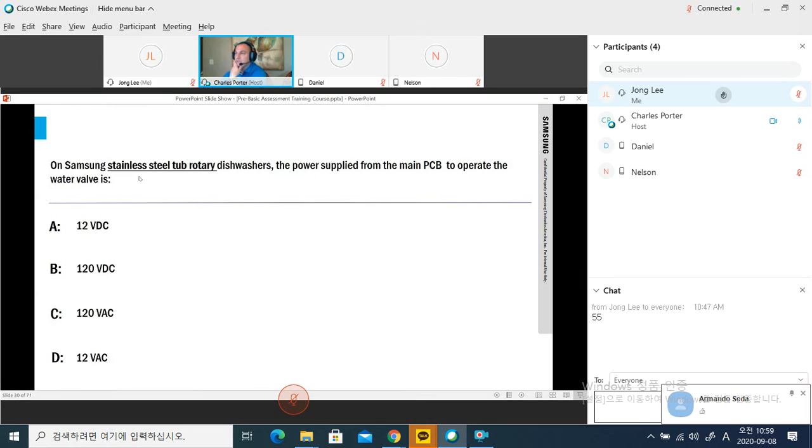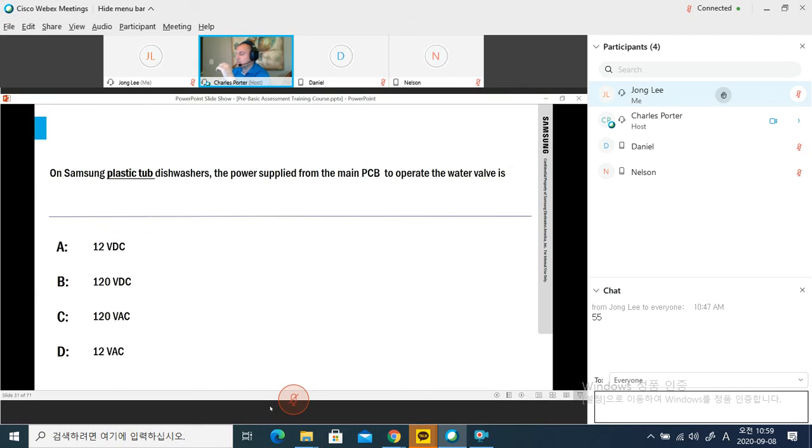When you're working on a stainless steel tub rotary dishwasher, the power supplied from the main PCB to the water valve is going to be exactly what you would think, 120 volts AC. 120 volts AC on your stainless steel tub dishwashers. Now, next, you're going to be asked about the plastic tub dishwasher. What's the power supplied from the main PCB to the water valve on a plastic tub? So like I told you,